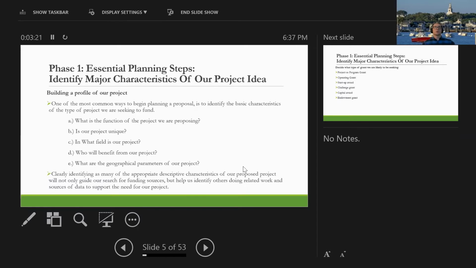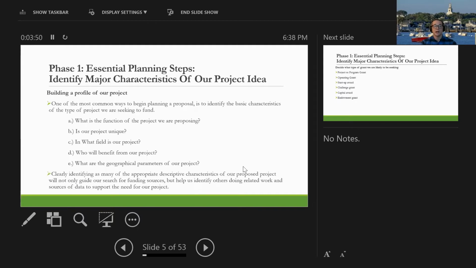A lot of, especially when you talk about your private foundations, are going to have a specific geographic focus, for the most part, that they're going to want to award their funding to. And so you will need to make sure that that geographic focus aligns with said funding resource. And you see there at the bottom, clearly identifying as many of the appropriate descriptive characteristics of a proposed project